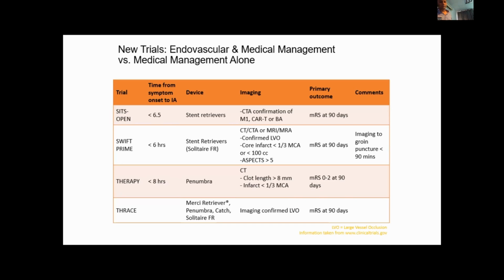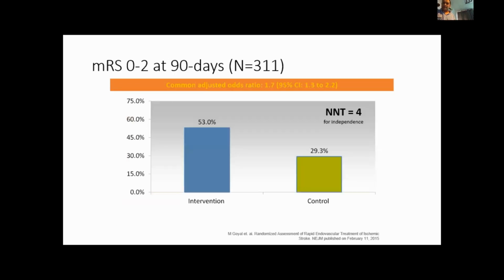So these 4 trials are the big ones. They all came out around the same time, about 2015, 2016, and they all went for primary outcomes that were good recoveries. And to pool all those trials together, this is what you ended up with. So 311 patients out of all those trials, and we saw that